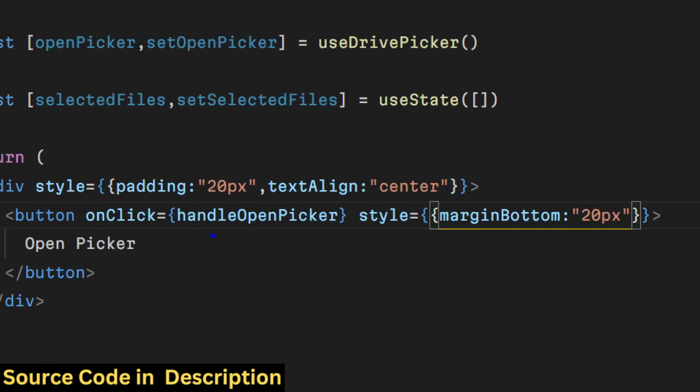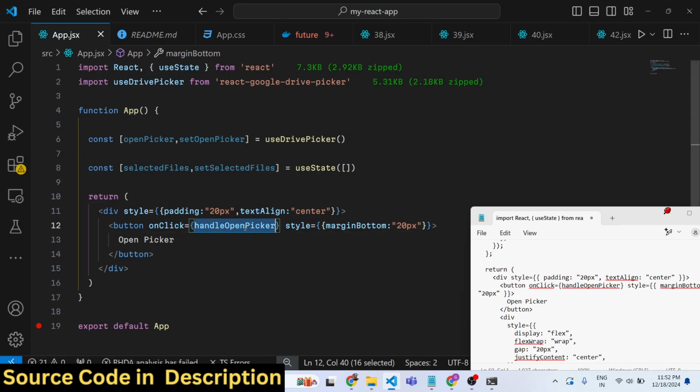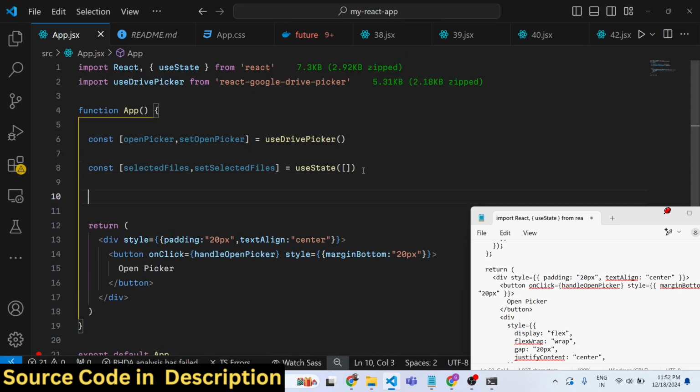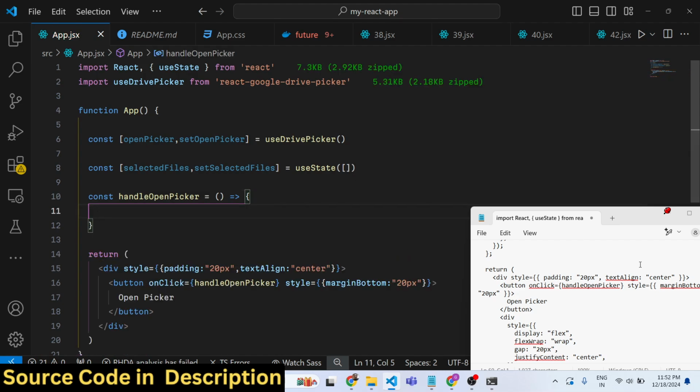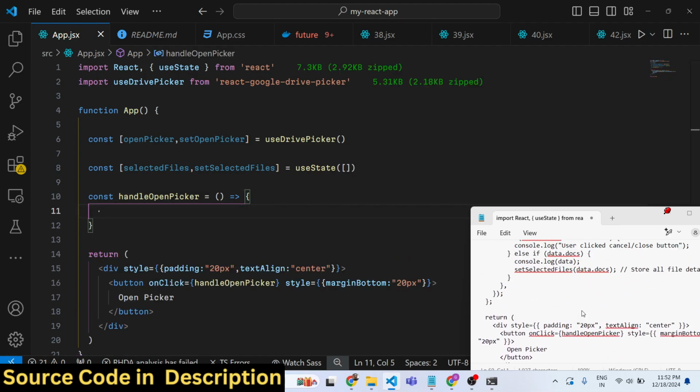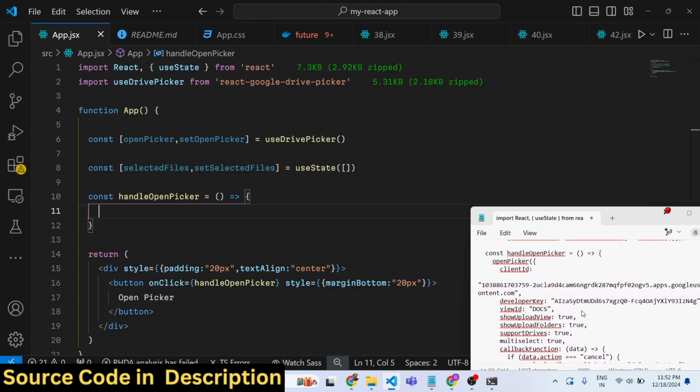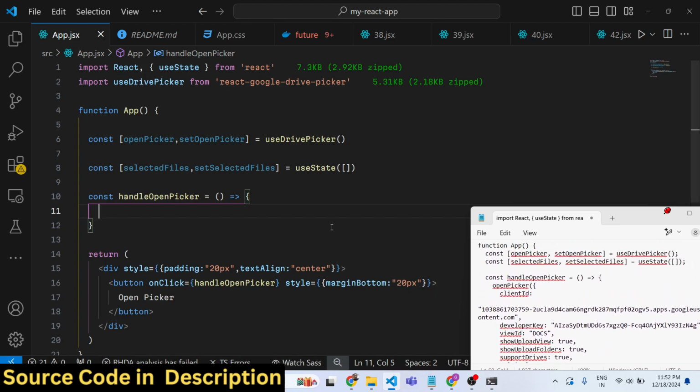So I just need to now define this function, which is handle open picker. This function will be responsible whenever you click the button, this function will execute. So inside this function, what we need to do, we need to show the window, the Google file picker window,